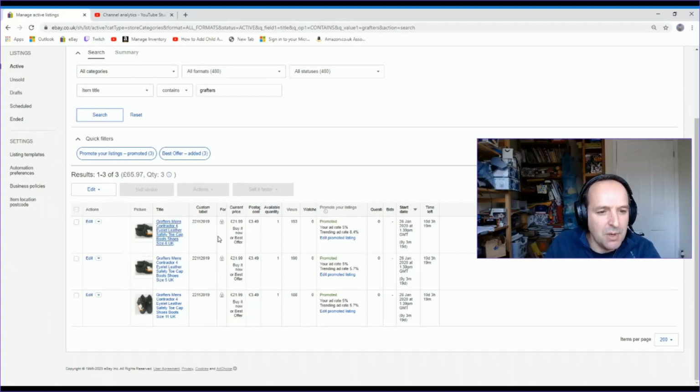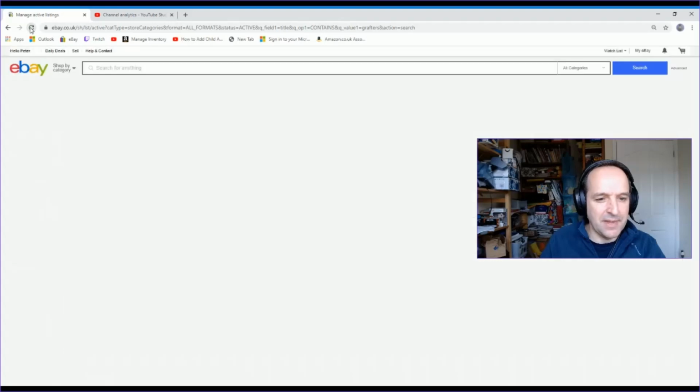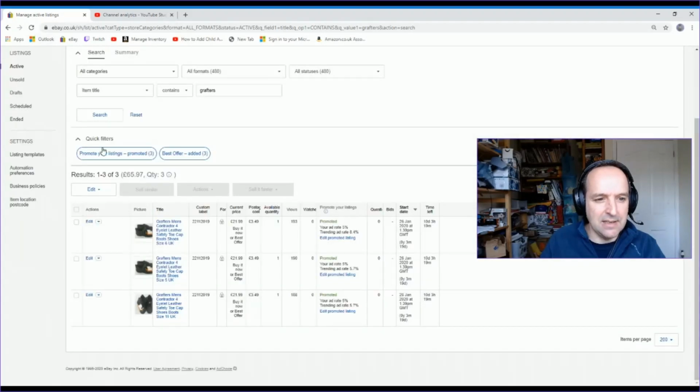I was looking at all my pairs of grafters and looking at what trending ad rate, the promotion rate, eBay was telling me I should use. Now bear in mind that these listings, I did one and then I did a sell similar, so it was all the same eBay category. The only thing that changed is the size of the shoe. And the weird thing is, on the first one it's telling me the trending rate is 8.4, and on the second and third one it's telling me it's 5.7,